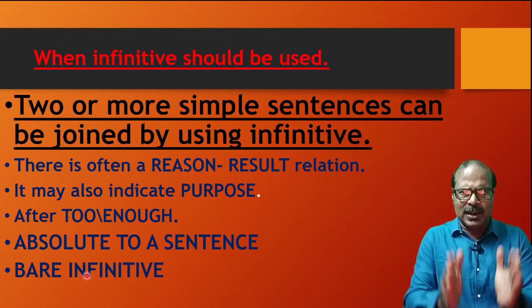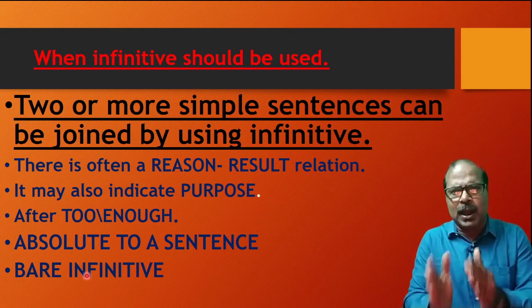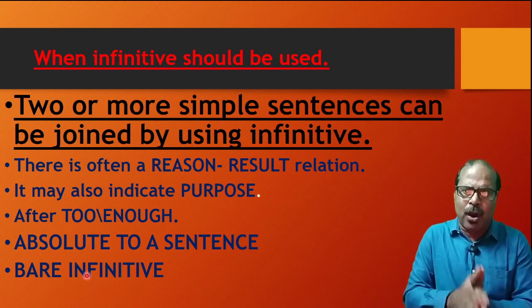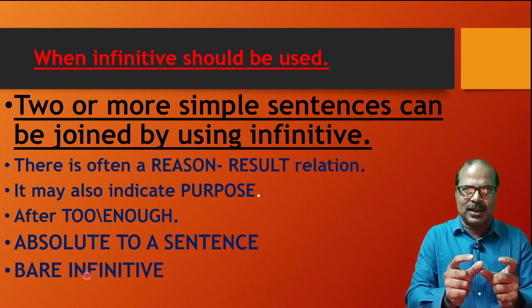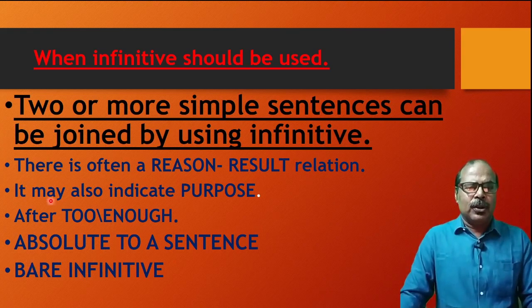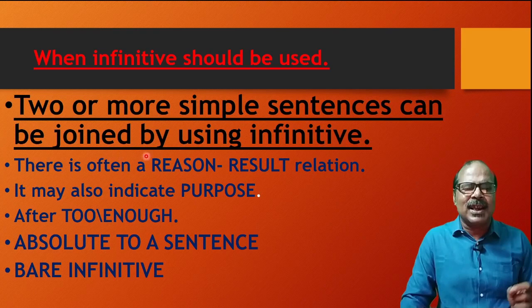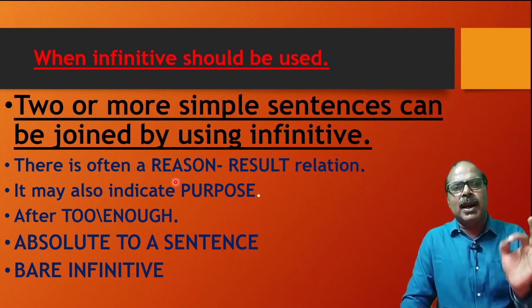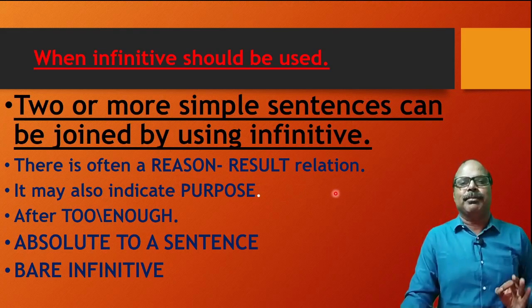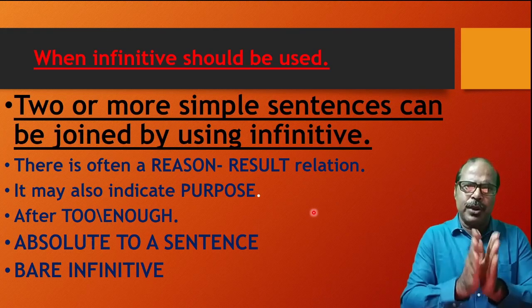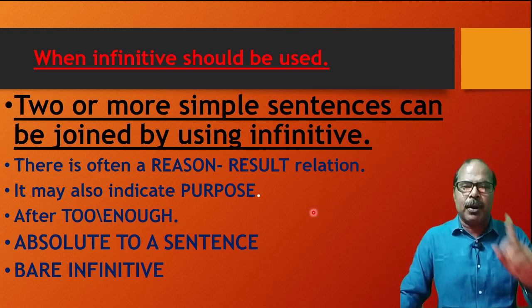দুটো সিম্পল সেন্টেন্সকে, টু অর মোর দেন টু সিম্পল সেন্টেন্সেস ক্যান বি জয়েন্ড ইনটু ওয়ান সিম্পল সেন্টেন্স। কিন্তু কোন সময়ে এটা আমার করা উচিত? So two or more simple sentences can be joined by using infinitive. There is often a reason-result relation. একটা cause and effect relation থাকলে আমরা টু ইউজ করব, ইনফিনিটিভ ইউজ করব, নাম্বার ওয়ান। নাম্বার টু, it may also